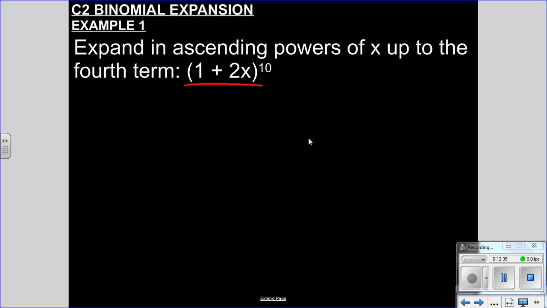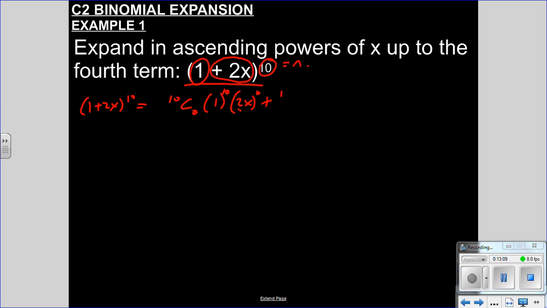You can just do this with your calculators. So (1 + 2x) to the 10 is the same as, from our formula, n is 10 here, so n is the power. So 10 choose 0, a is 1, so 1 to the power of 10, and then 2x is our b. Notice I'm putting the whole of it in there, because if that was minus 2x, then in here that would need to be minus 2x, okay? So (2x) to the 0,